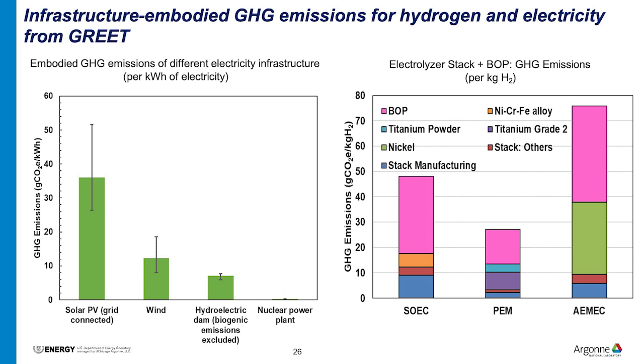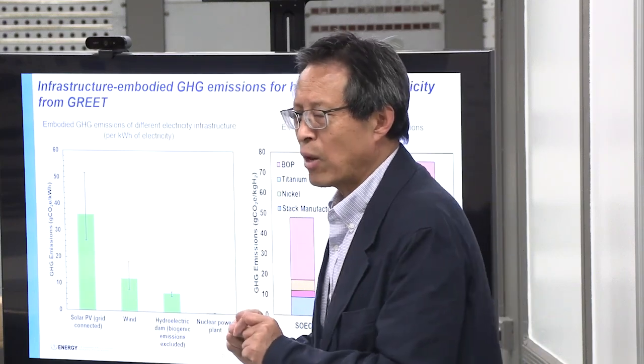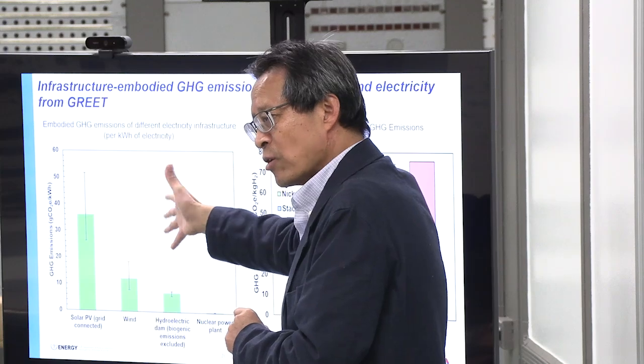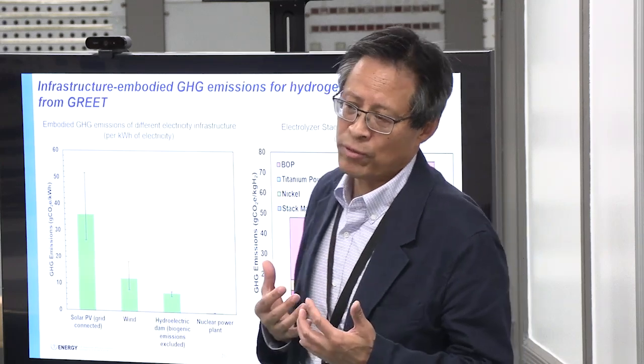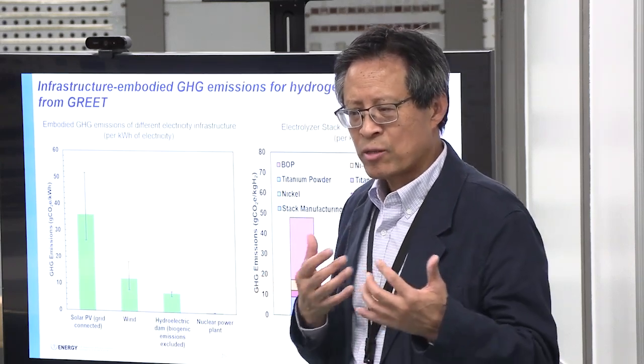Our national average is about 400. So it's 1/10 of our average electricity. So it is small. But on the other hand, that's your solar PV. This is the electrolysis, because to produce hydrogen, we need an electrolyzer together with